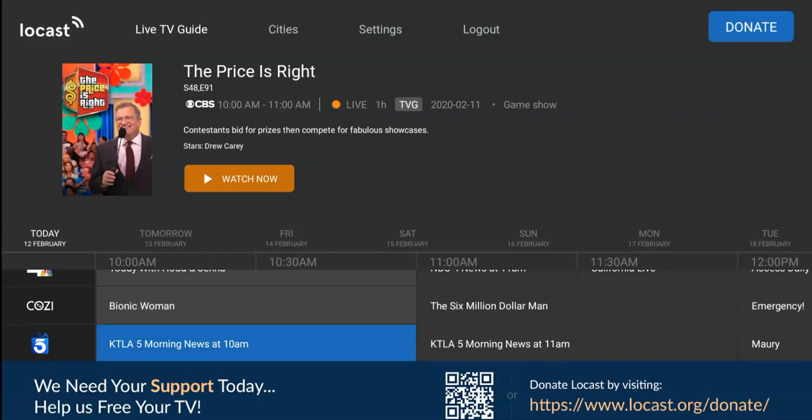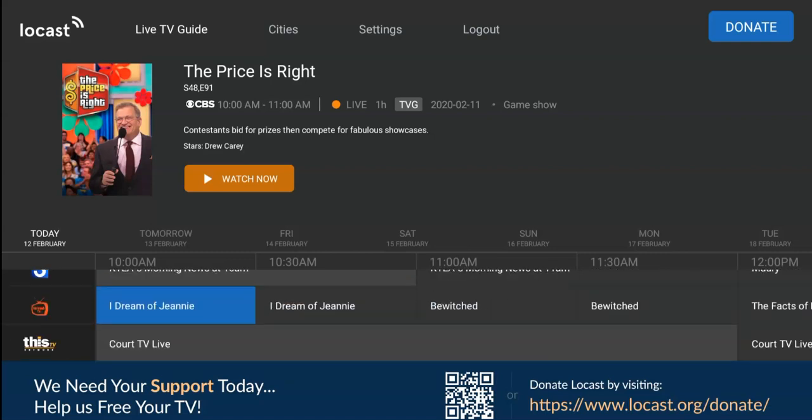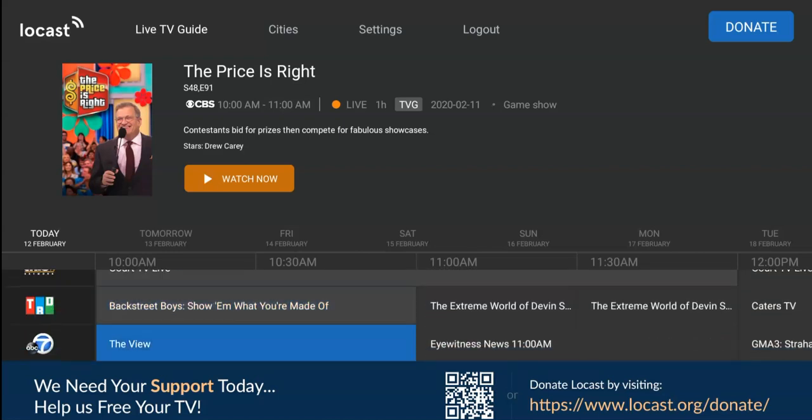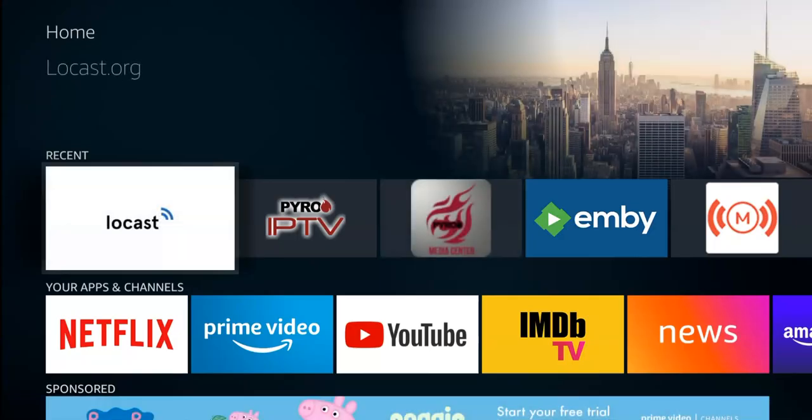There goes KTLA Channel 5 News. There goes Ion, I think, This TV. So you see you have everything in there. The View, Channel 7. So for people that want locals, it's easy just to go and get LowCast if you have a Fire Stick. I think it's available on Android too,